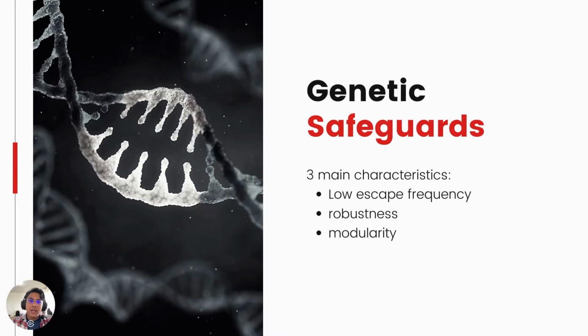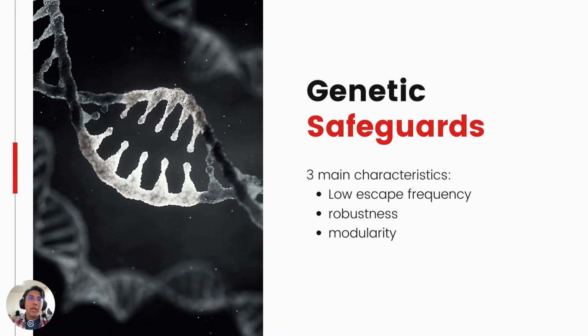Last but not least, imposing genetic safeguards in the case of an outbreak. Three main characteristics surround this way of mitigating bioterrorism, and that is low escape frequency, which will prevent the rise of mutants escaping defined media and limit their growth in the wild. Second, robustness, where robust safeguards retain wild type levels of fitness while also maintaining containment in diverse growth conditions. And lastly, modular safeguards, which allow many different strategies to be combined in one strain, enabling multi-layered safeguards, or for those safeguards to be transferred to different organisms, enabling portability.